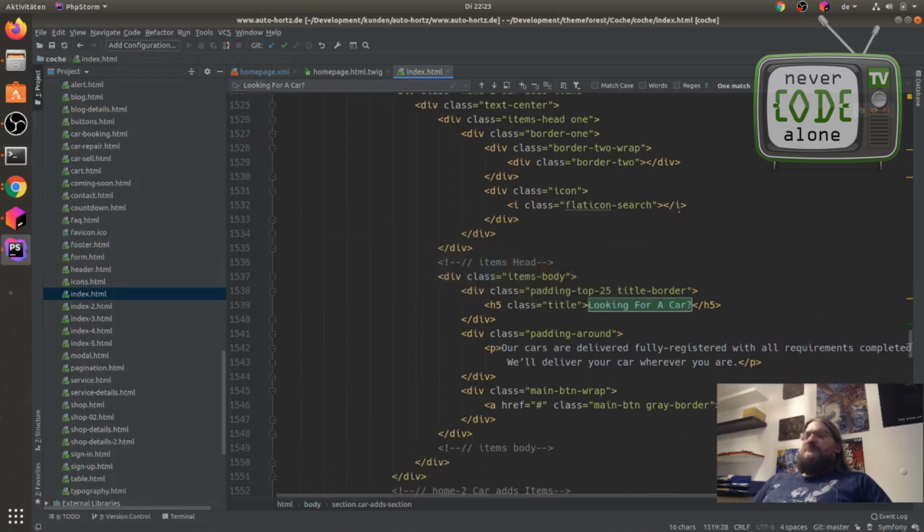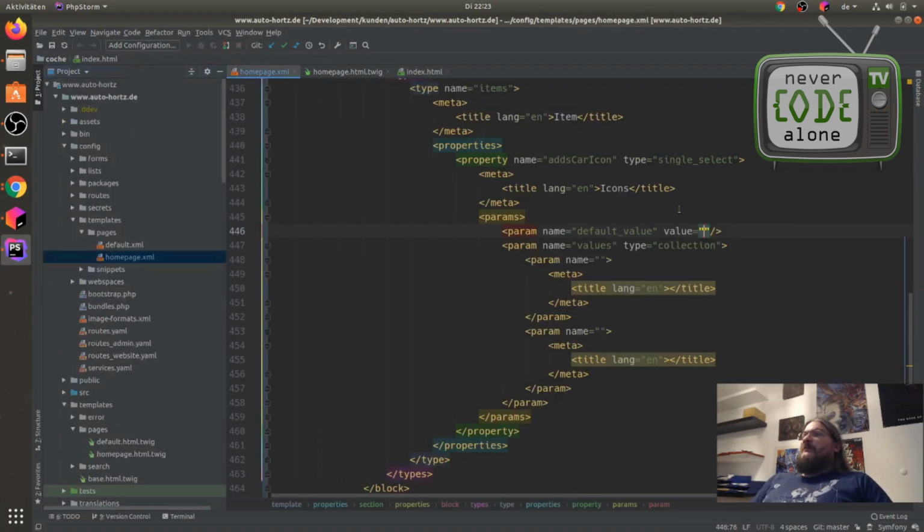Search. Sorry for my typing. The English name is search. The German name here is Suche. We add this later because we are now here on my template.